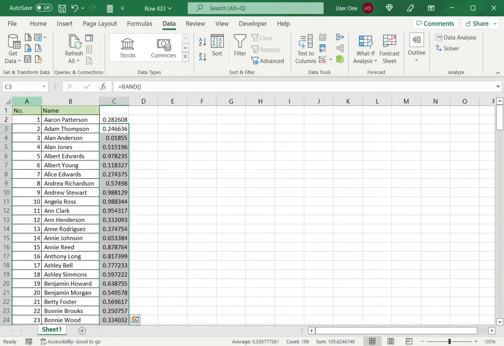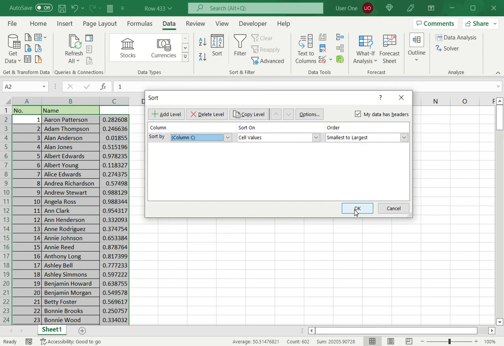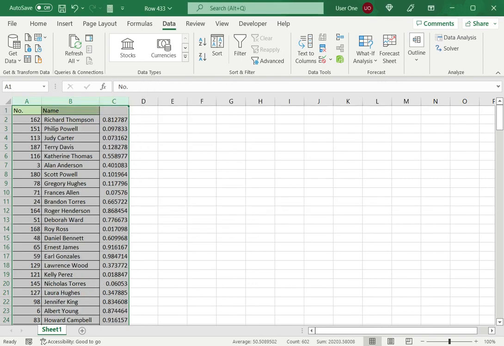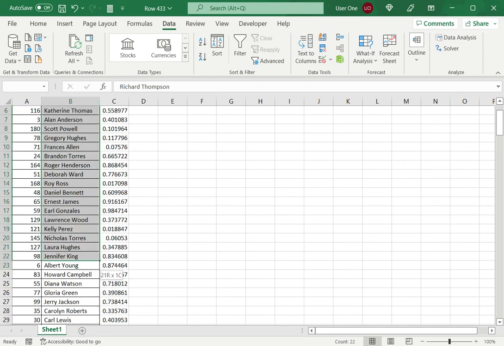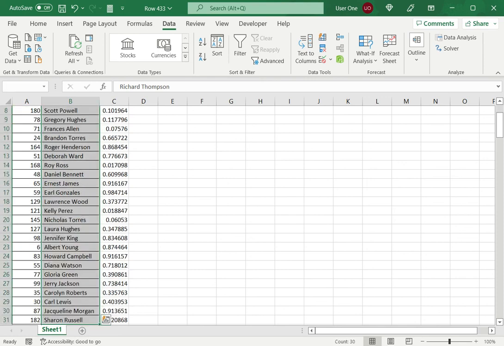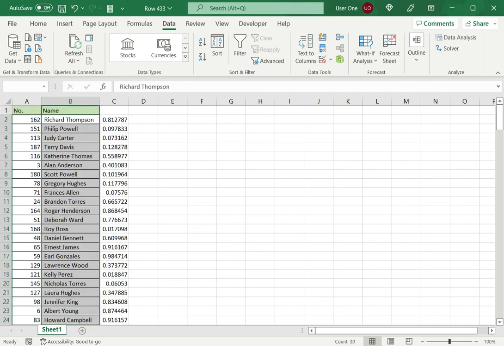Now what I can do is select the data and sort on this random number. So random numbers in column C, I'll say OK. You can see that this has the effect of mixing up all the data. Now that this is done, I can just take the first 30 names from this data set. Now this is 30. If I check at the bottom, I can see the count is 30. And I can use them as my random sample. So these are two ways of doing